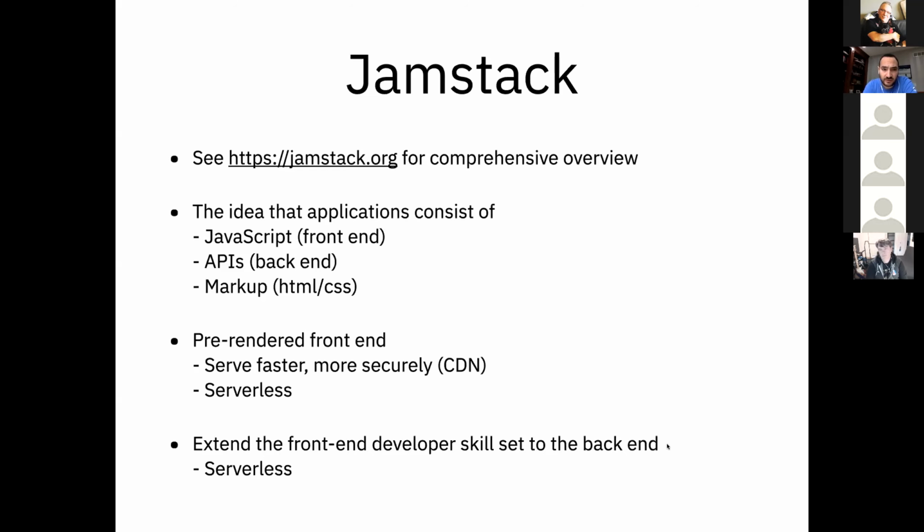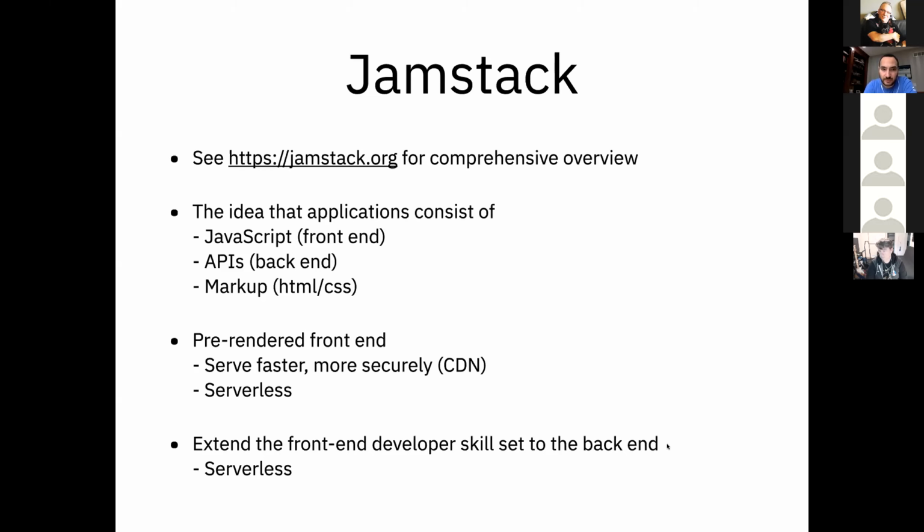The second part is extending this model to also encompass APIs. So with that same kind of simplicity, can you do this for APIs? And I think this also fits very nicely with the serverless methodology. And Jamstack has been getting a lot of developer love because it simplifies the developer experience extremely, and it also allows the front-end developer to extend towards the back-end and cross that boundary between front-end and back-end development.